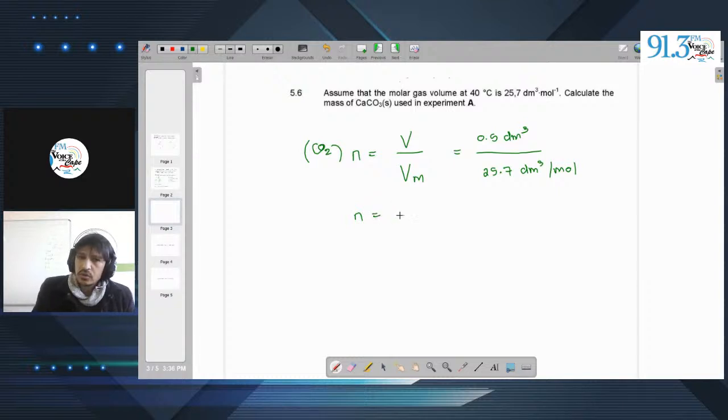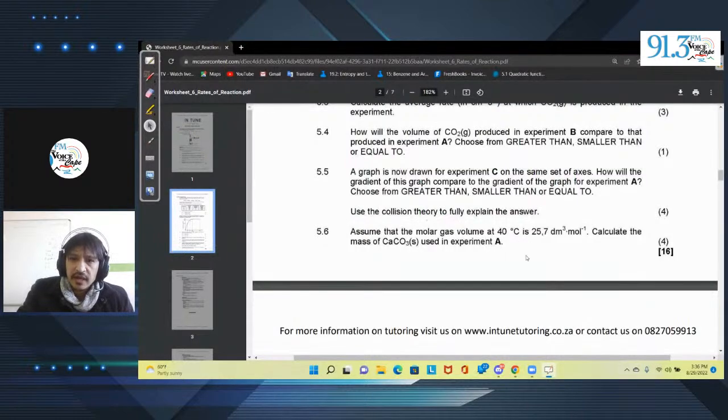value of 0.02 mole. Sorry, no, sir, 0.019. I don't round that up. 0.019 mole. Okay, cool. Now, the next step, we have to look at our balanced equation, and we need to look at